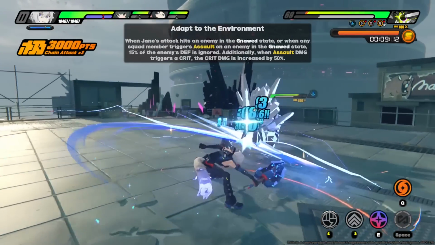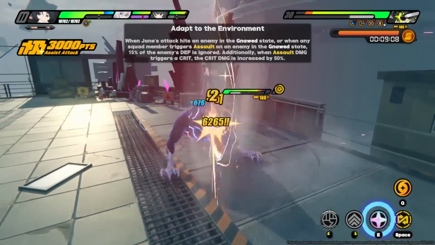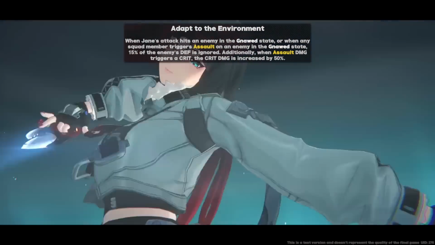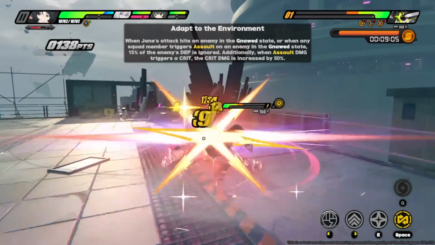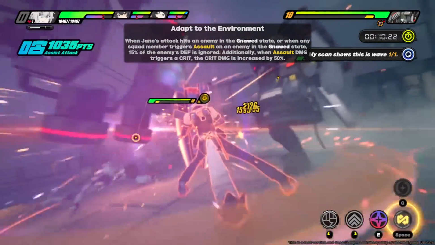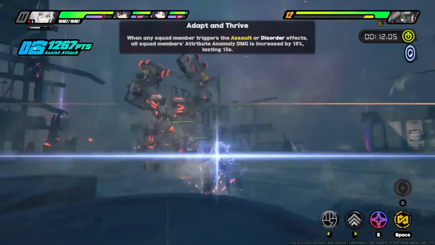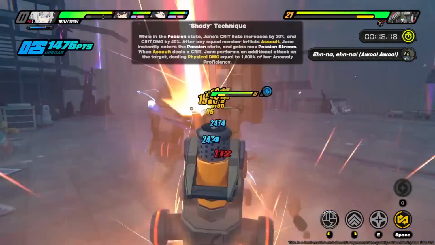The second Mindscape takes things further and is even better by ignoring 15% of the enemy's defense when they're in the nod state, triggered by either Jane or by any squad member. It also adds 50 crit damage to her core skill passive, which in total grants her a 40% overall damage increase. While her 4th Mindscape also benefits the squad's anomaly damage, especially with Grace and Seth/Qingyi, her 6th Mindscape